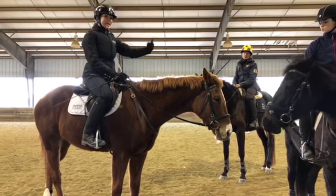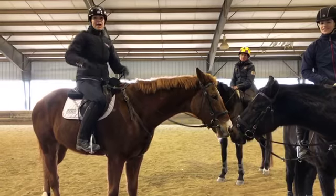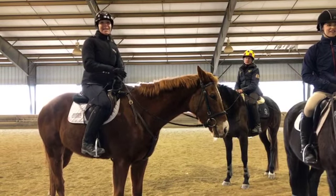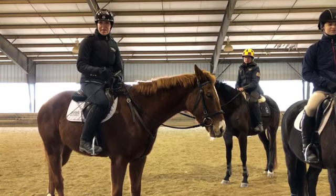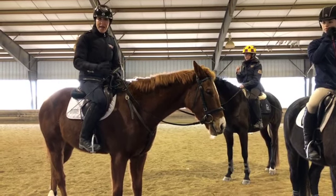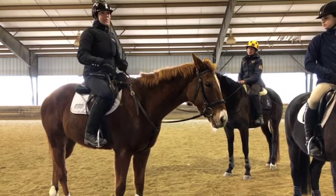I don't know how everybody's arenas are set, so I did it the first time on Patrick. It was a disaster, so I had to get off and reset it. So if anybody has any questions on how many feet are in a stride, I'm happy to tell you that. But you're going to have to play with that and make sure that they're evenly spaced out,